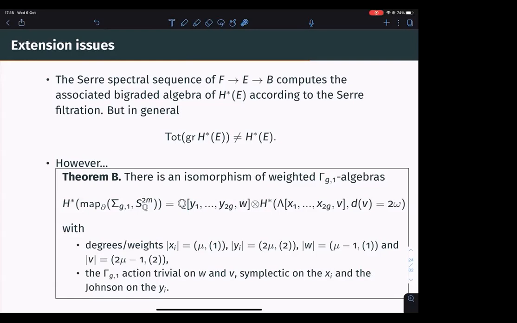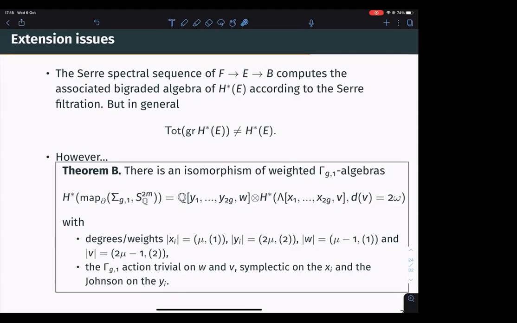And so theorem B, the second theorem here, is that in fact the required homology ring is precisely just taking the totalization of the thing in the previous page. It's the same algebra, just with one index there, not a double index. And the action is as expected, trivial on W and V, symplectic on the Xi's, and Johnson on the Y's,